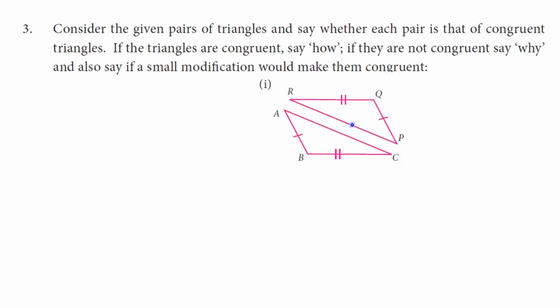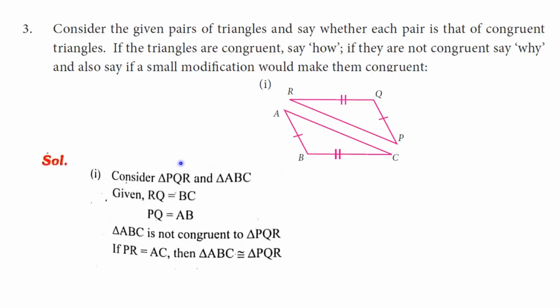See this, here they were given a pair of triangles. That is, the names of the triangles are ABC and PQR. Okay, now we are going to check whether these two triangles are congruent or not. Okay, if it is congruent, how; if not, how to say the reason. And also by which condition we can make these two triangles congruent. Let us see the solution for this.